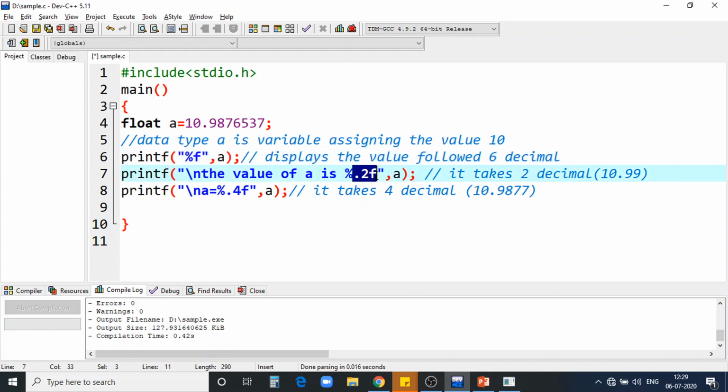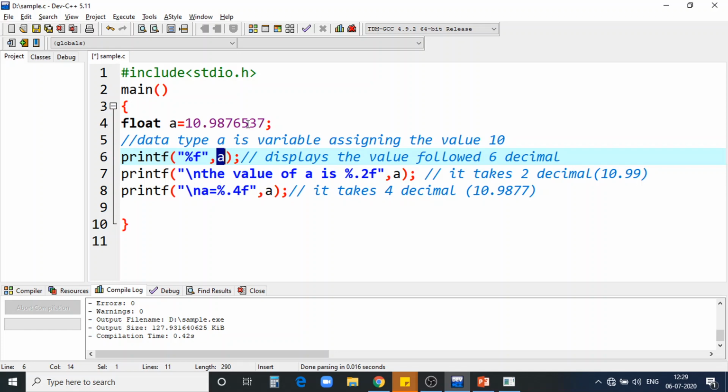Percentage .2f represents I want only 2 decimals. .4f, I want 4 decimals. See, percentage %f is the format specifier to print the float value. a is the value we have stored, it will display as it is, but it will take only 6 decimals.